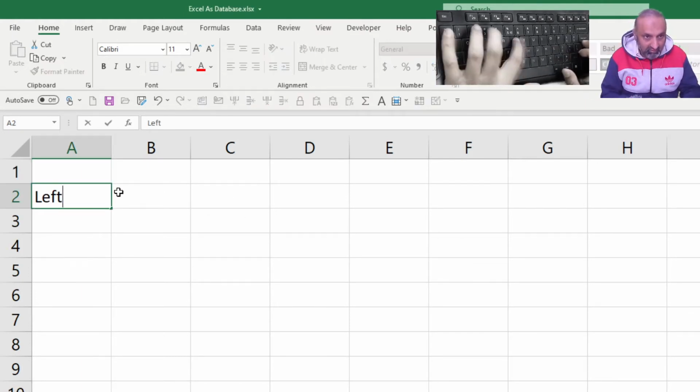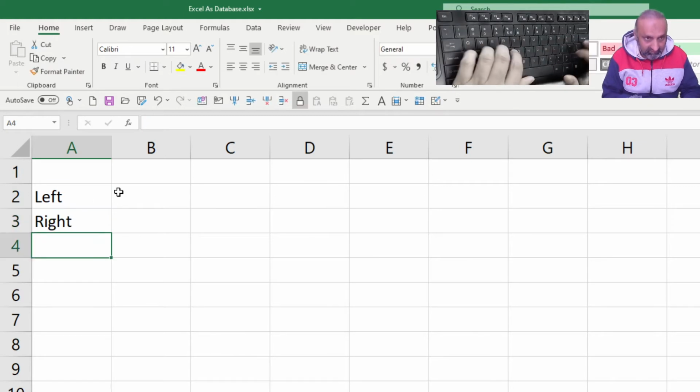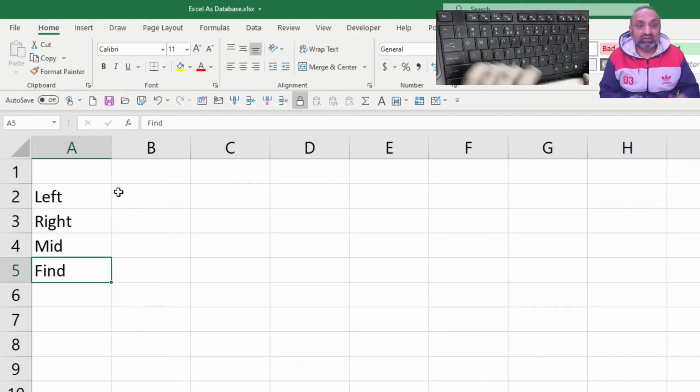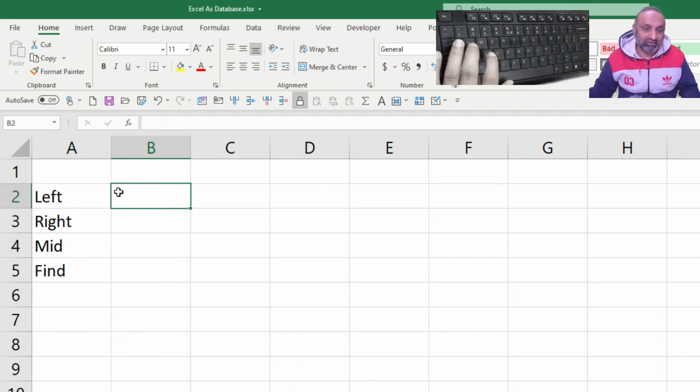For example, I'm going to talk about LEFT, RIGHT, MID, and FIND. These functions are important when we are developing some database or trying to find some results. These functions help in picking up data from within the text.